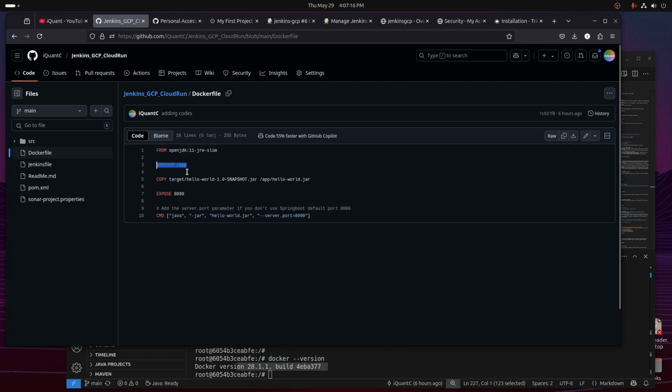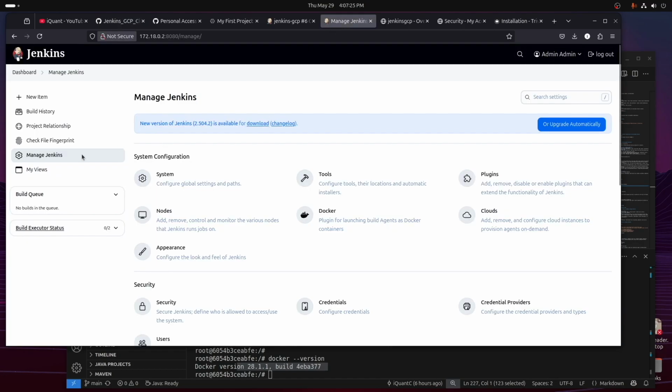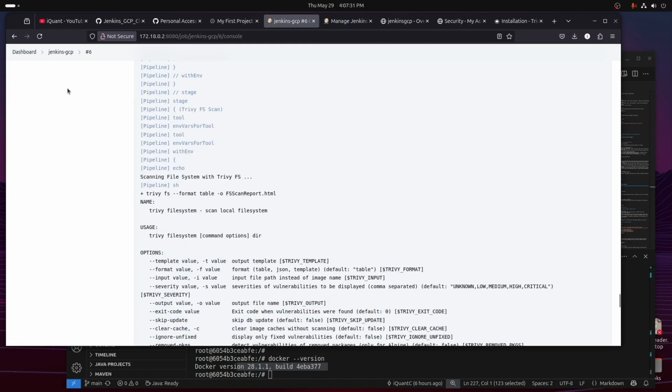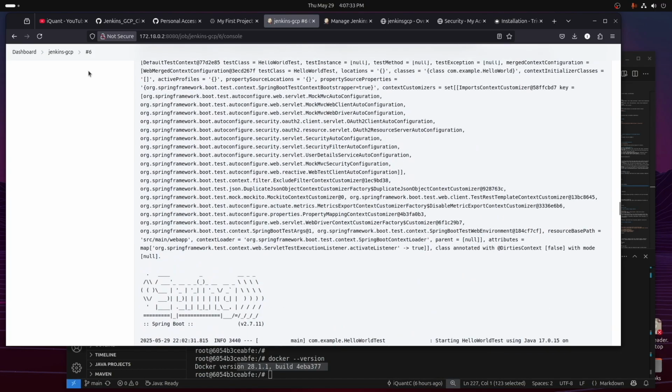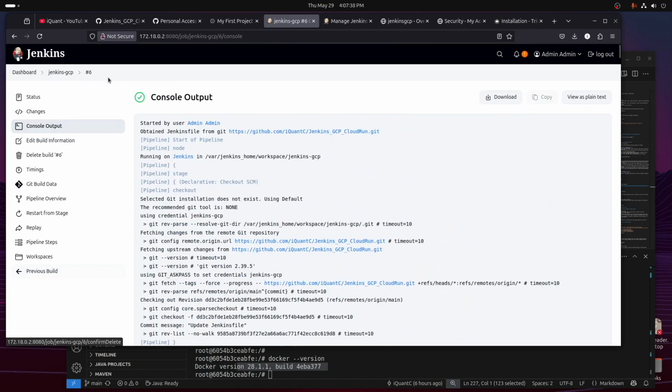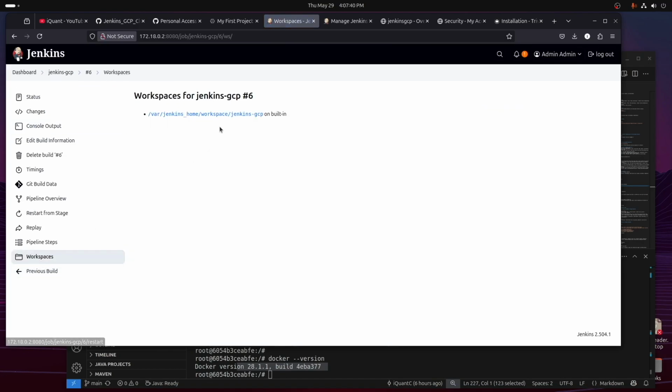It sets a working directory /app, and then it copies the jar file. Remember, whenever you build a job, it creates a workspace. If you go to workspaces, click on this,